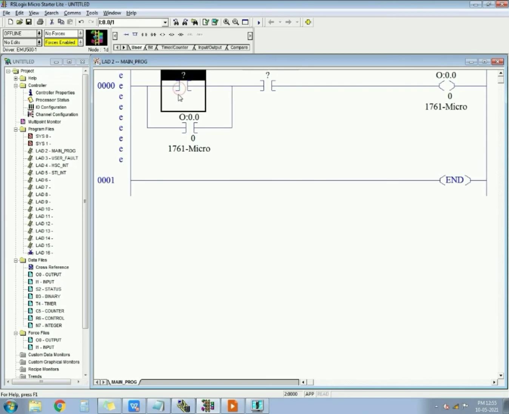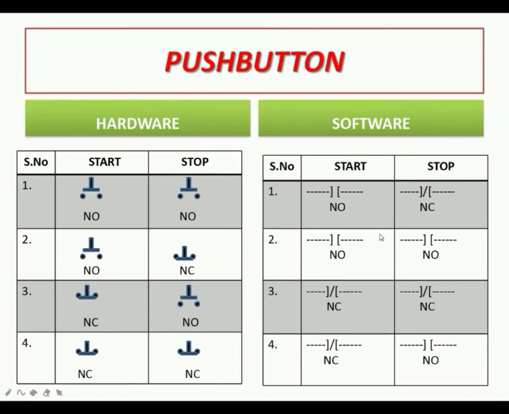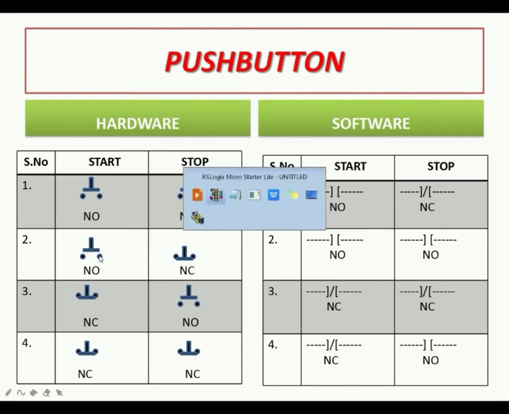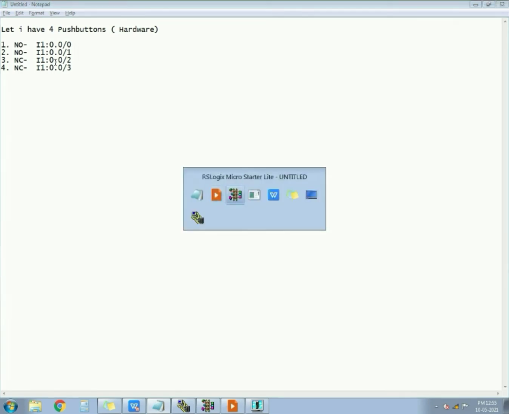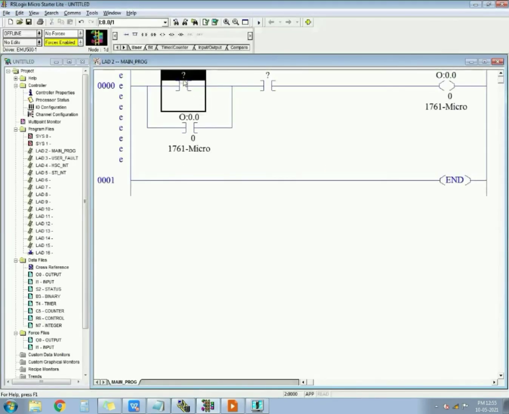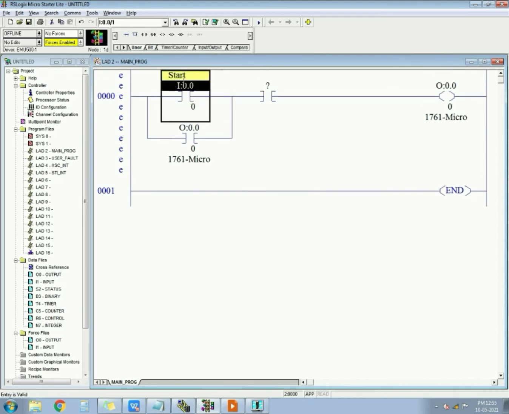See, this is software NO, and in the second condition hardware is also NO. Addressing of NO hardware is 0 or 1. Let's take addressing of 0, I1:0.0/0. So this is start.